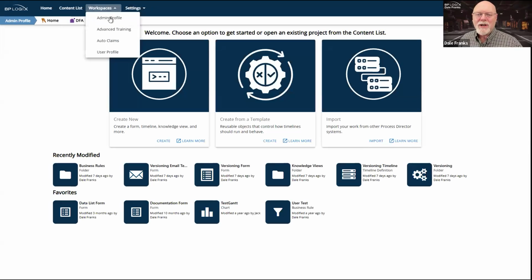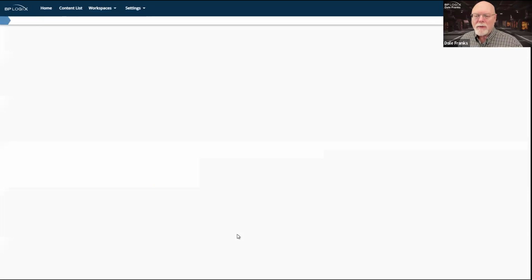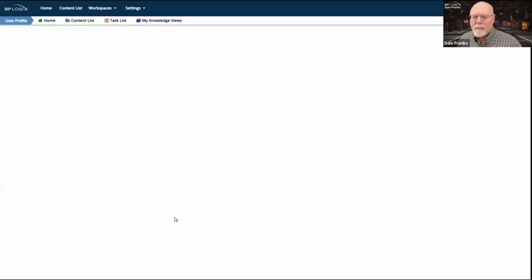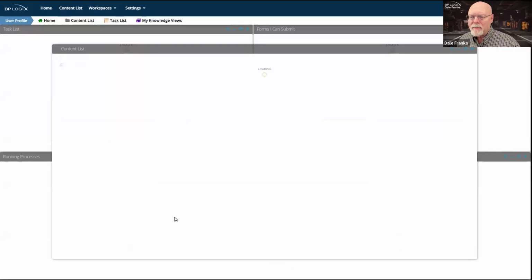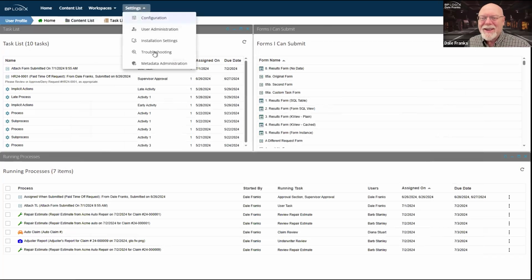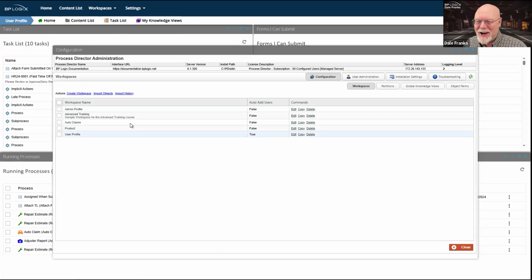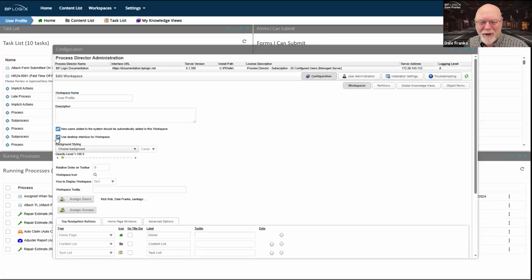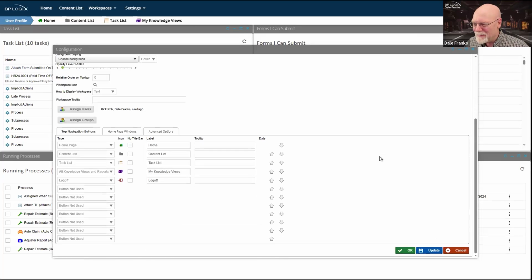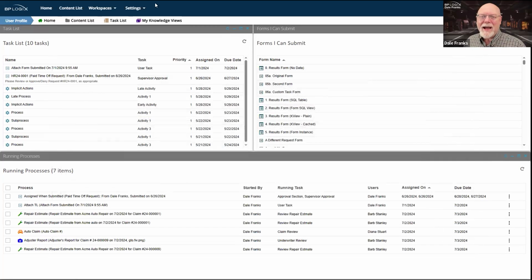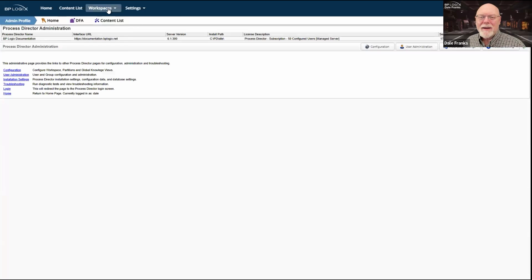And on this machine, we can go to our admin profile. And not admin profile, user profile. I haven't edited it, I don't think, but this is not what we want to see. Excuse me, I'm going to have to go in and make a slight change to this workspace. So let me go to my user profile and set it back to default. We will use the desktop interface, but not yet. We'll take a look at that a little bit later. So let me update that. Let me swap back and forth.